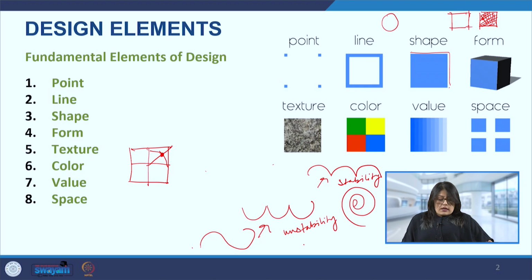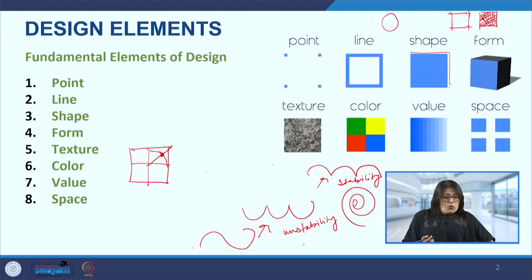Then next is color and value. Color is also called hue, which is the correct term, and this is basically how the eye perceives reflected light. So color is also important. And now there is the color wheel. We have several different color theories, which we will be studying later on, such as the Ostwald theory and several other theories, where they have organized these colors together so that it becomes more useful.